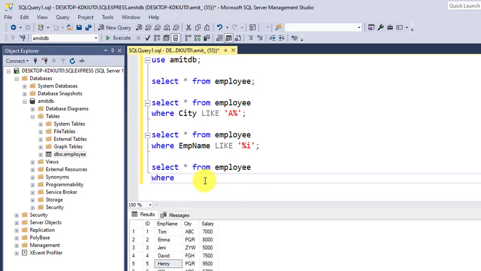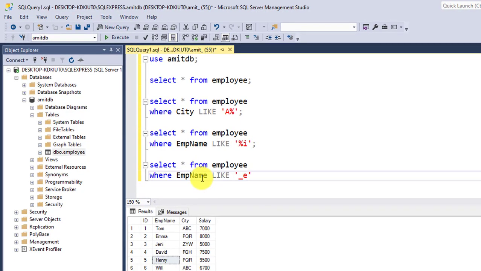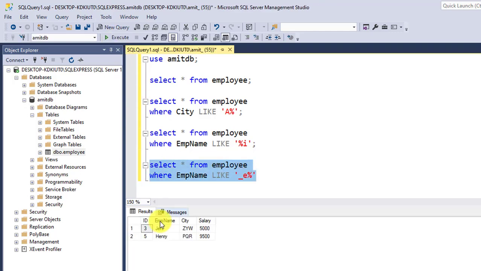Where EMP name LIKE. Within this we will add the condition. First we add underscore because the first character is fixed, whatever it is, and the second character should always be E. So I'll mention E here. After that there can be any number of characters, so I'll add percentage. That's it. Now both Jenny and Henry will get fetched because the second character is E. Select it and click on execute. Here you can see Jenny and Henry got fetched easily.